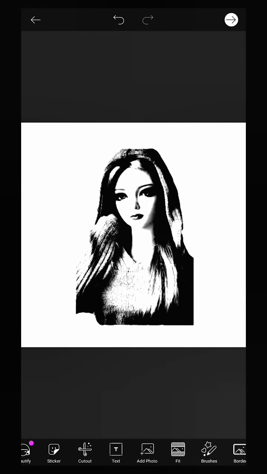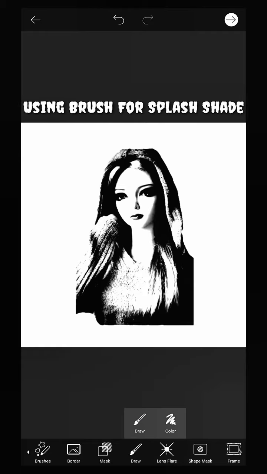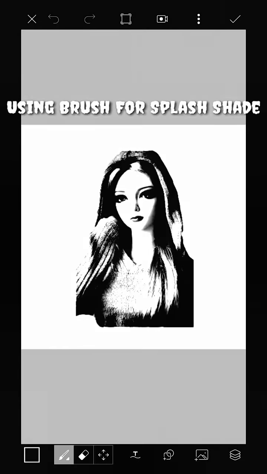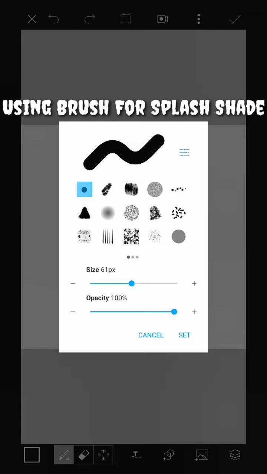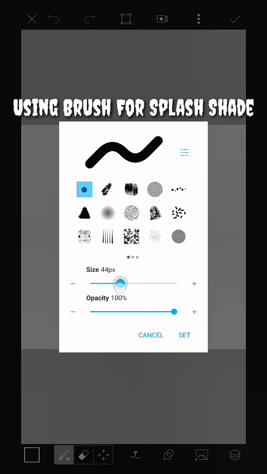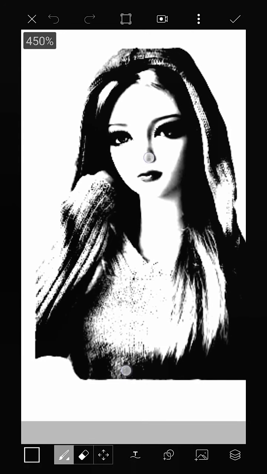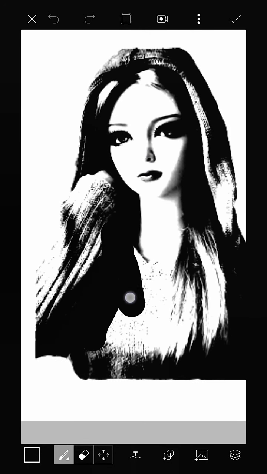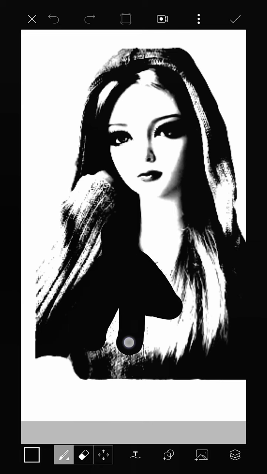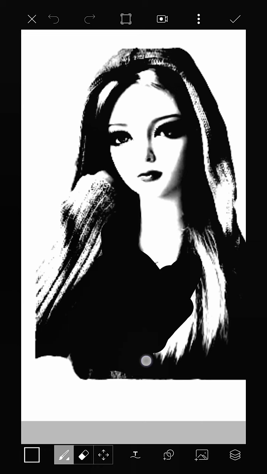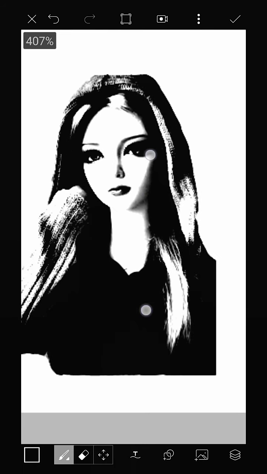Again we are going to take the draw tool. It's actually giving a black shade for this picture. We can find some white shade on this picture, so we have to use that draw tool on all the white shade places except our face, I mean except this image subject's face, so it will be perfect for the after result.